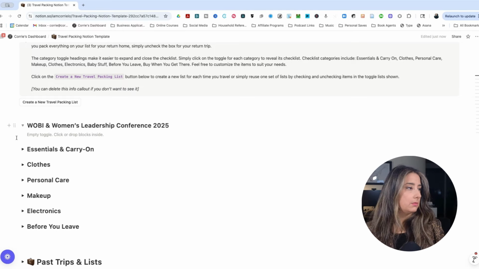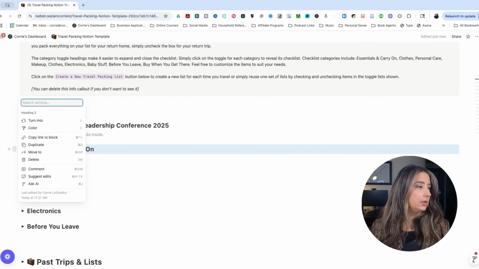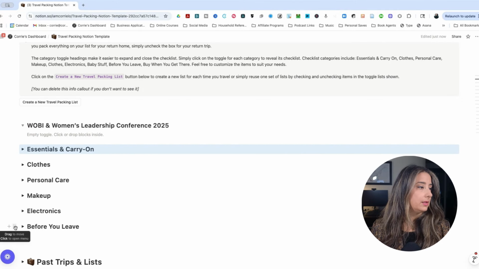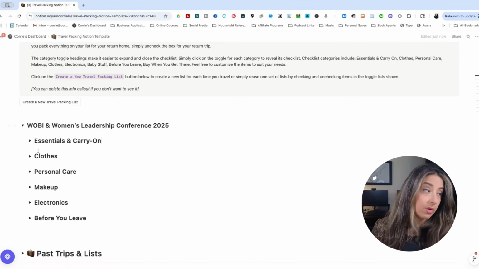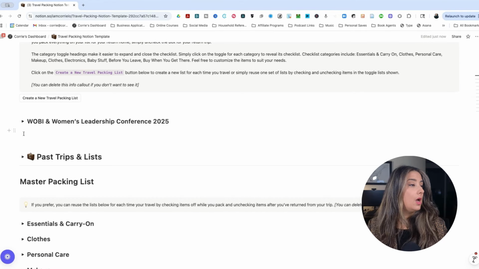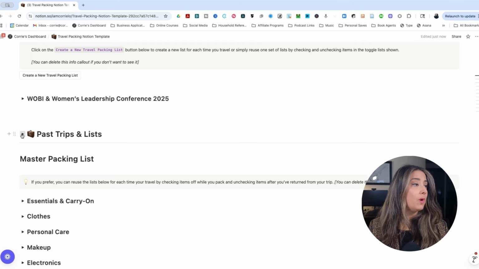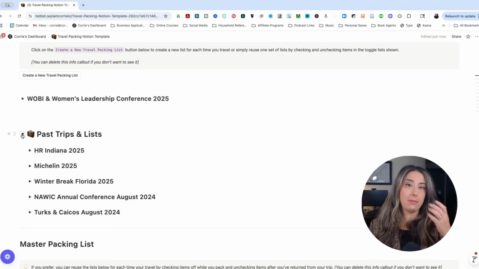Those are the 2 events that I'm doing. And then I will include all of these and put them in that list. All right. So now my list is all ready for me to go and actually start pulling the items that I need to pack. In the meantime, what happens is sometimes I might want to just duplicate a packing list